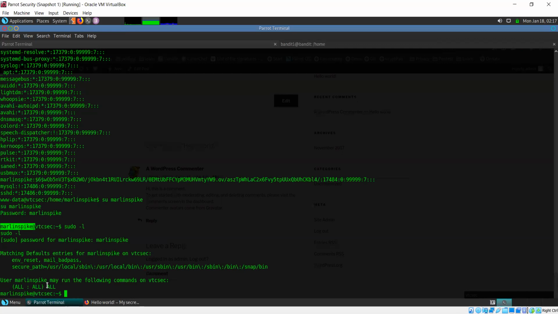Is there a way for me to do that? Think about it. Can I use this sudo command in any way to get shell access and be able to use the system as root?